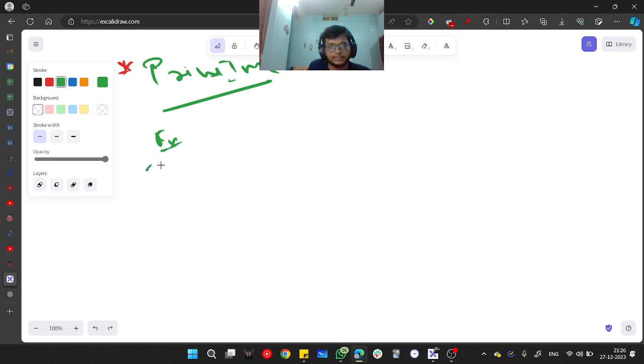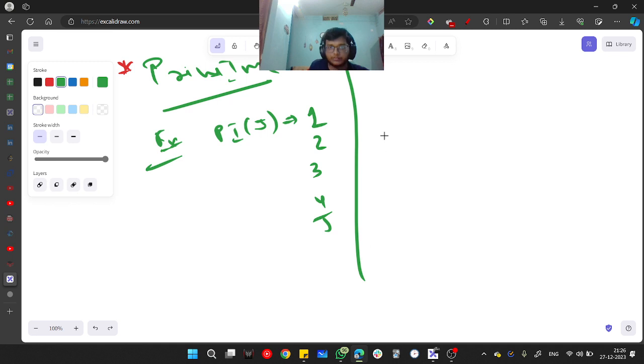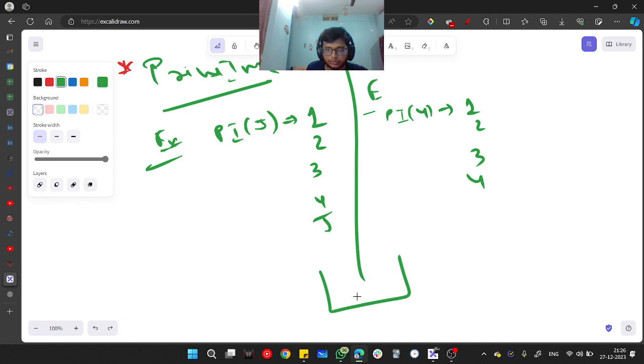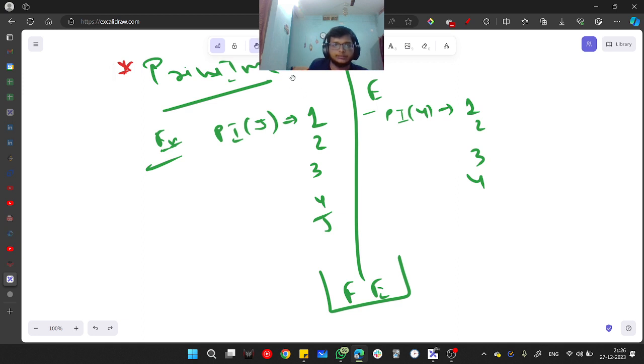We'll set an expectation. If we have pi5, then it should print in increasing order: 1 2 3 4 and 5. We will establish a faith that if we have a smaller pi4, then it should give me 1 2 3 and 4. Now we have to form a relationship between faith and expectation, and how we are going to do that is by